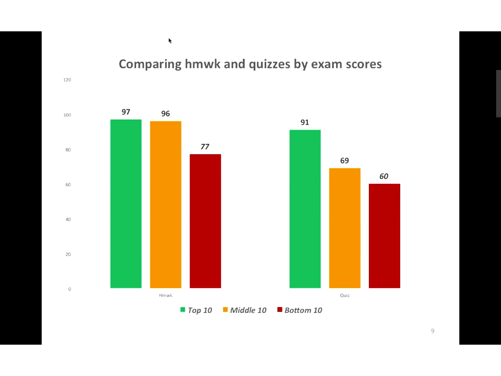Okay, next over. The average quiz score for the top 10 was 91%. For the middle 10, it was 69%. Now keep in mind, this is attendance quizzes. This includes pop quizzes and attendance quizzes, so you don't have to be good at taking tests to do well on the quiz. You need to put the time in. So 69% was the average quiz score for the middle group, and then 60% was the average quiz score on that bottom group. So the homework and the quizzes certainly correlate with exam scores.